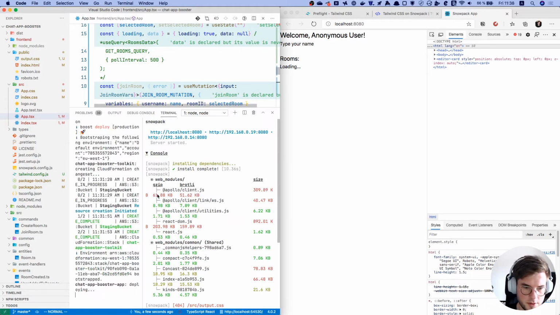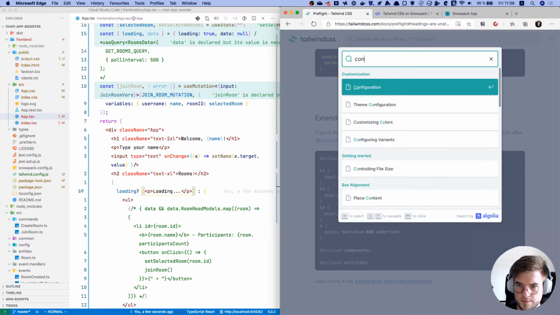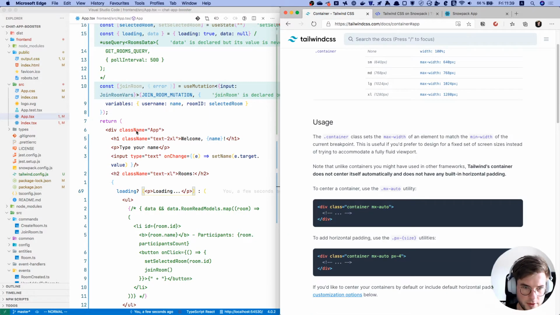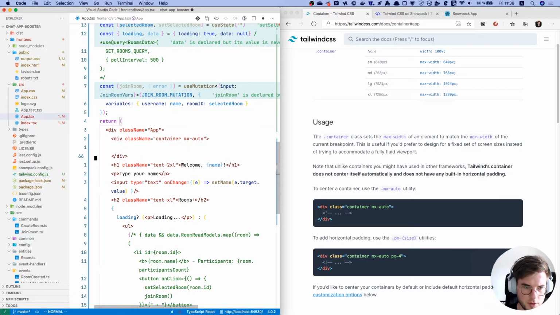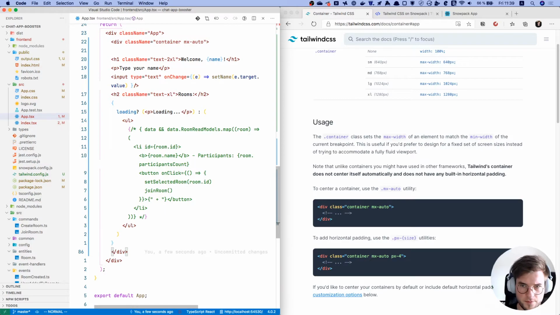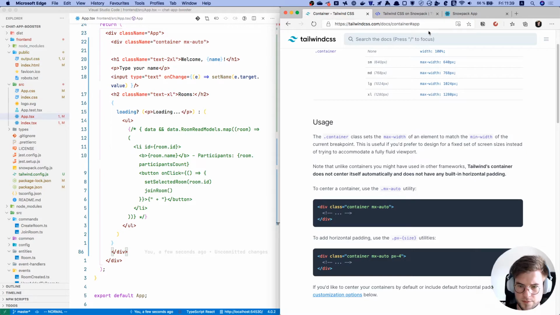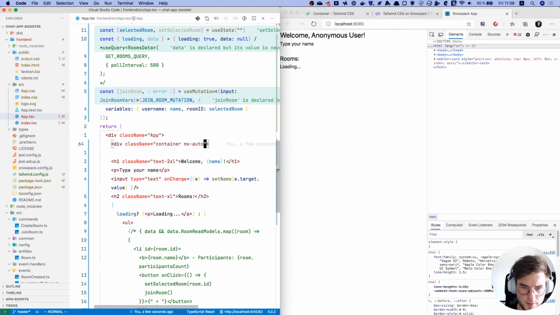Perhaps use container or something. Okay, this is still deploying. Yeah. So it could be the container. MX here. Actually, I'm just like padding over all places. Yeah, cool. So